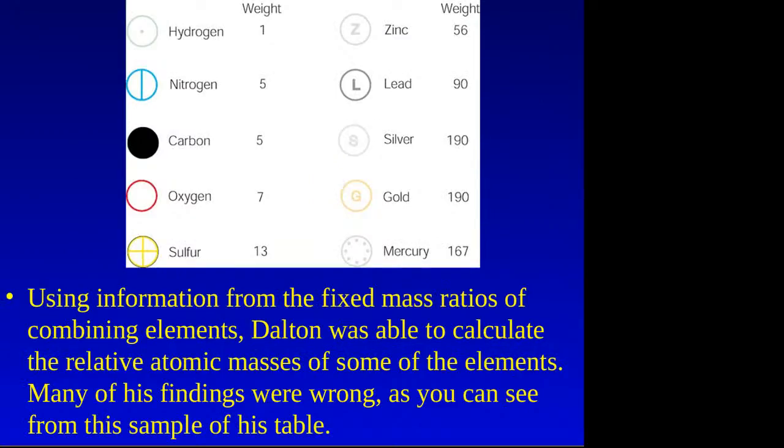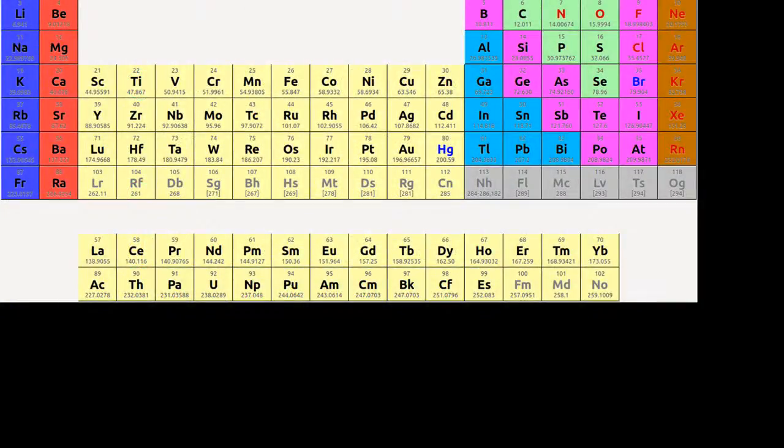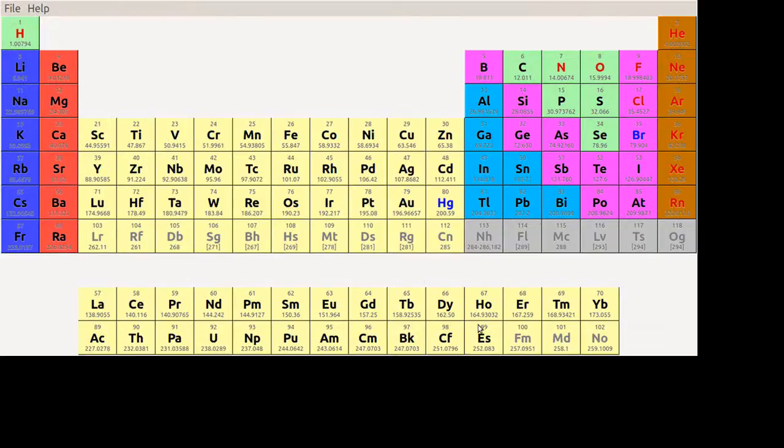Now, Dalton fixed the mass ratios of atoms. He measured different things, and he figured that the weight of hydrogen was 1. Hydrogen was the base. If I pull back up here to the periodic table of the elements, let me see if I can get it back here. Where did I put it? Nope. I put it here. Sorry. So I go back to the periodic table of the elements. Let me get all of that on the screen here. There we go. I go back to hydrogen's up top at 1.